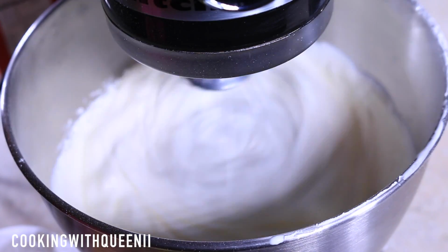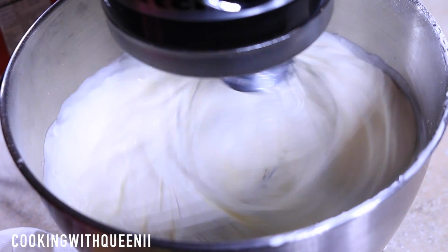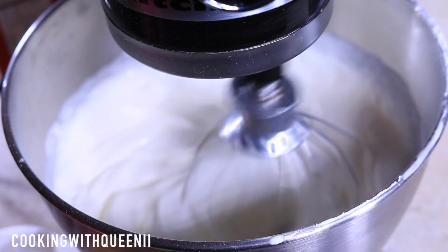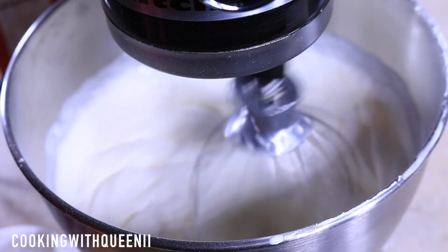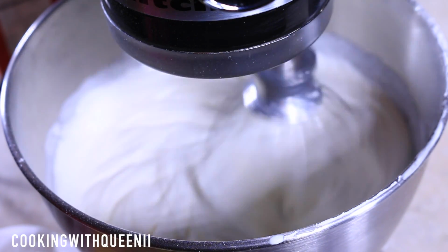all up, okay? It's just a habit of mine to mix the first 2 cups and then add in the last one, but you can definitely add it in all at once and just mix it. It'll taste exactly the same way. So I'm just going to mix that. I put it on the highest speed